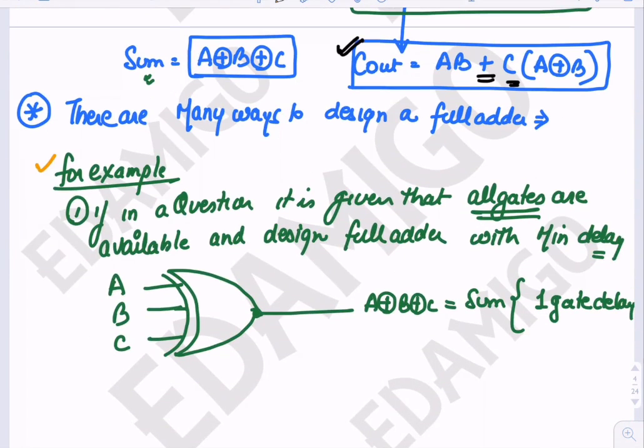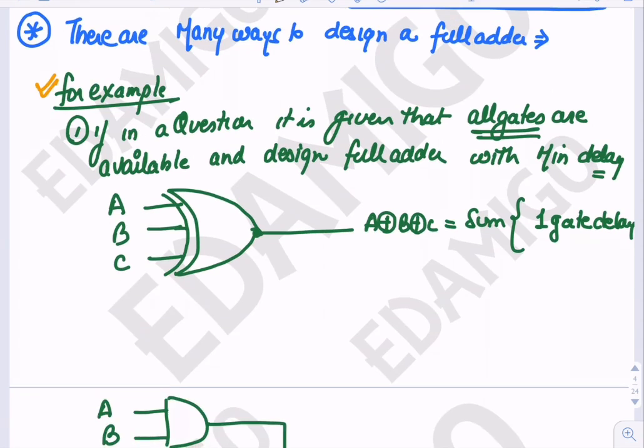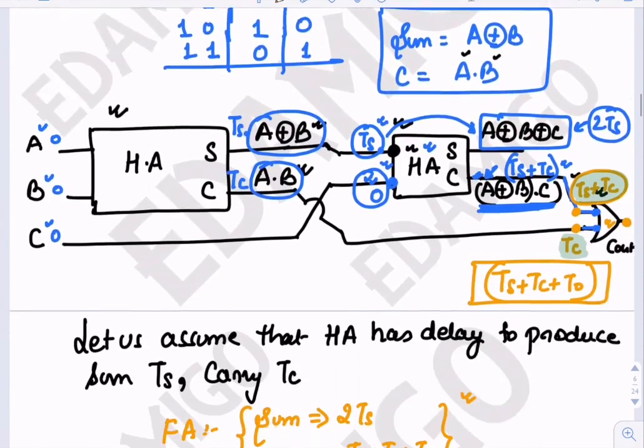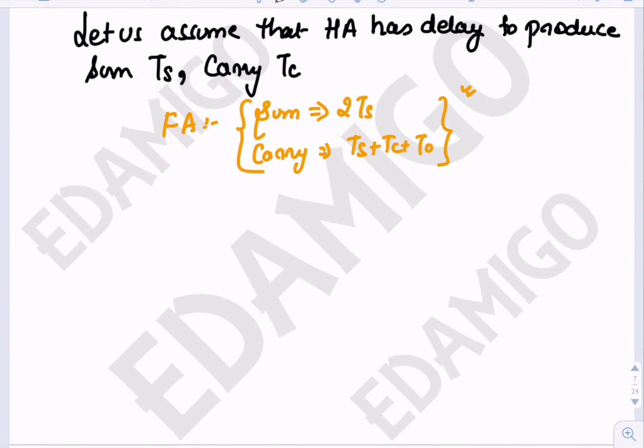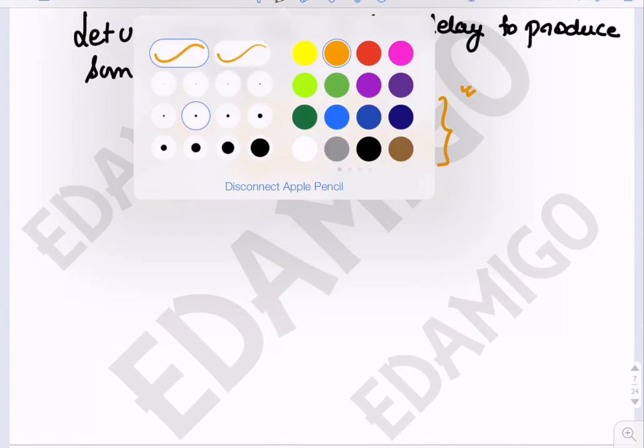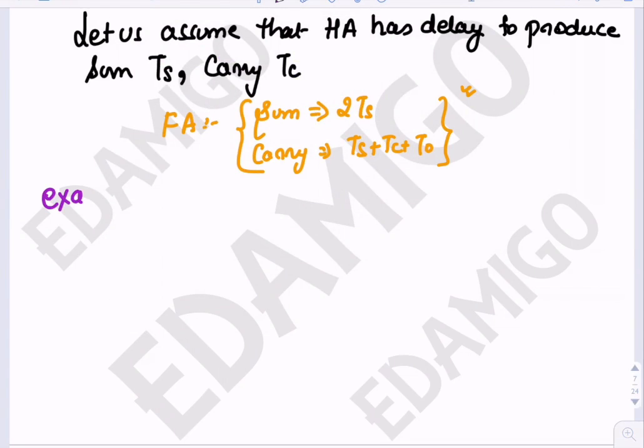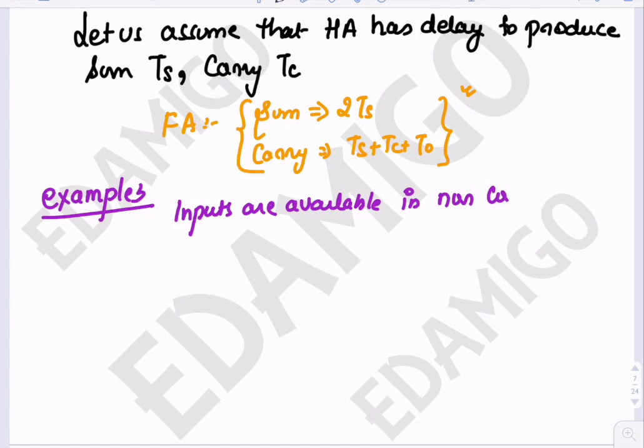Okay, so this is one case. This is another case that we have seen where all the gates are available. One more case that we can have is example third. Just taking one more case. Suppose it is given that inputs are available in non-complemented form only,